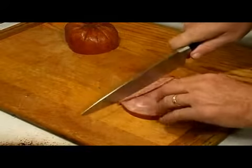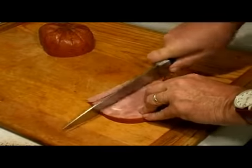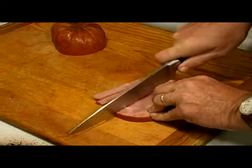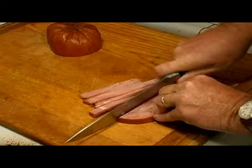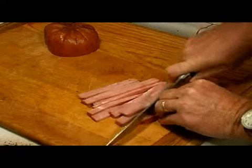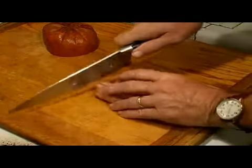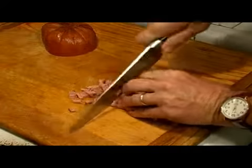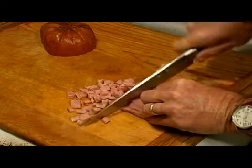To do it this way, since we're going to mince this up, since it's going to be a stuffing, we're going to mince this up pretty small. So I can make the long cuts just like this. Then go ahead and turn them like this, and then you make your cross cuts. It's coming out pretty small, and what we're going to end up doing also, because we want to make this really small for stuffing,